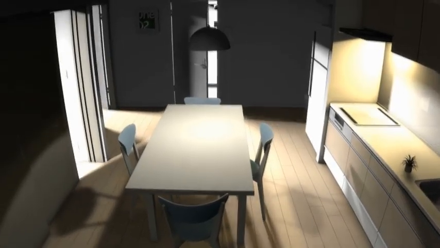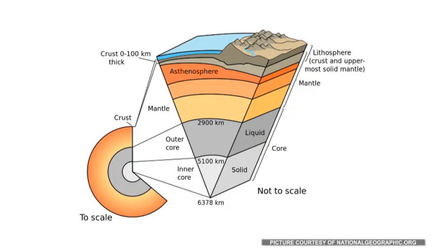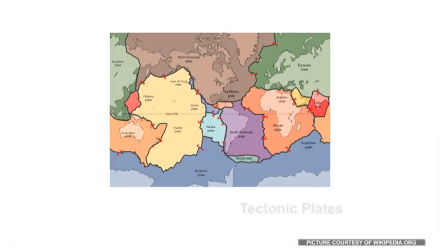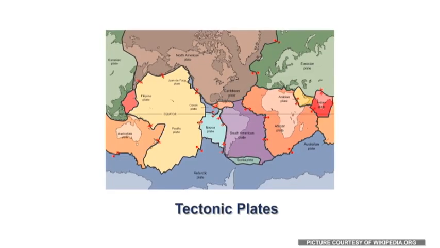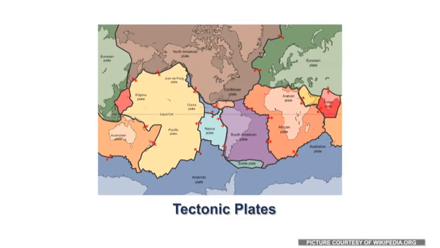Tectonic earthquakes are better understood through the theory of plate tectonics, which tells us that the Earth's lithosphere, the rigid outer part of our planet consisting of the crust and the mantle, is made up of constantly moving plates. These plates, called tectonic plates, are like gigantic pieces of jigsaw puzzle that somehow fit together.